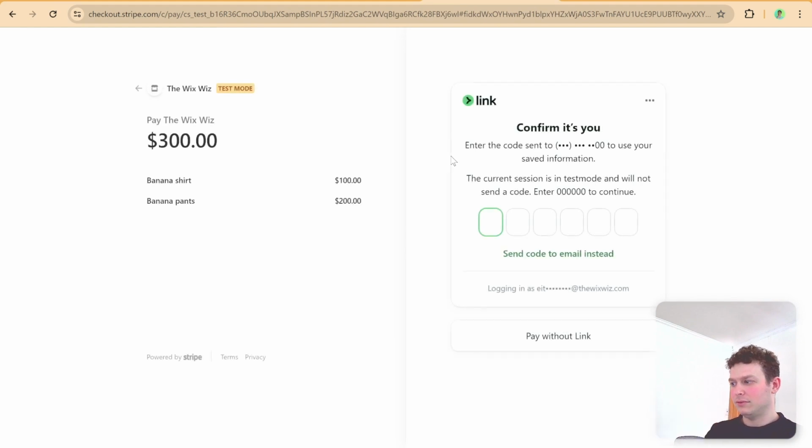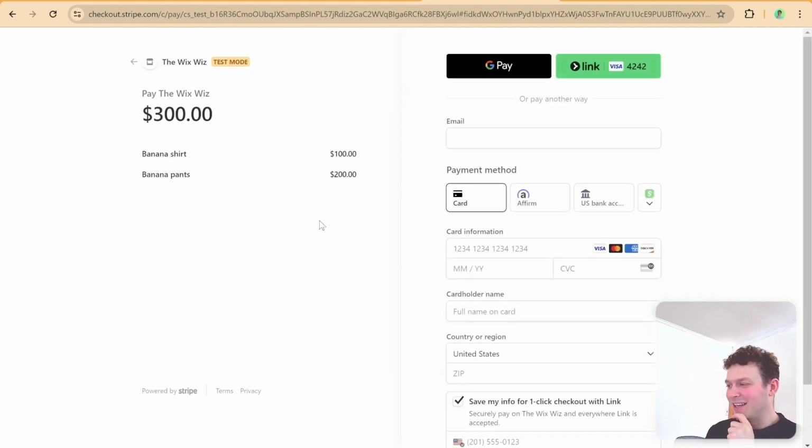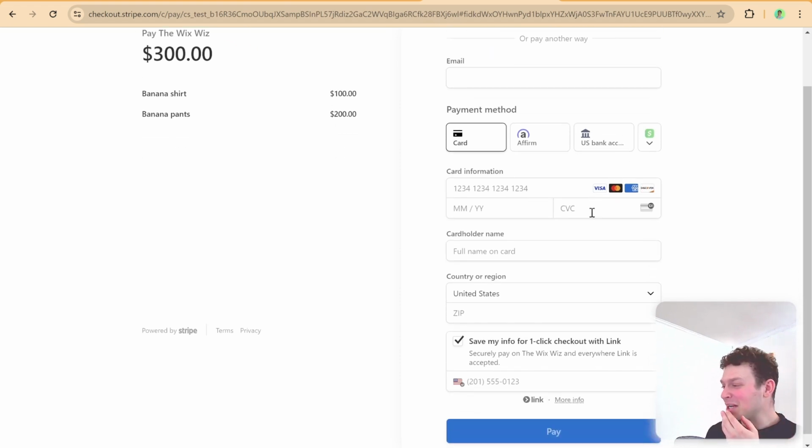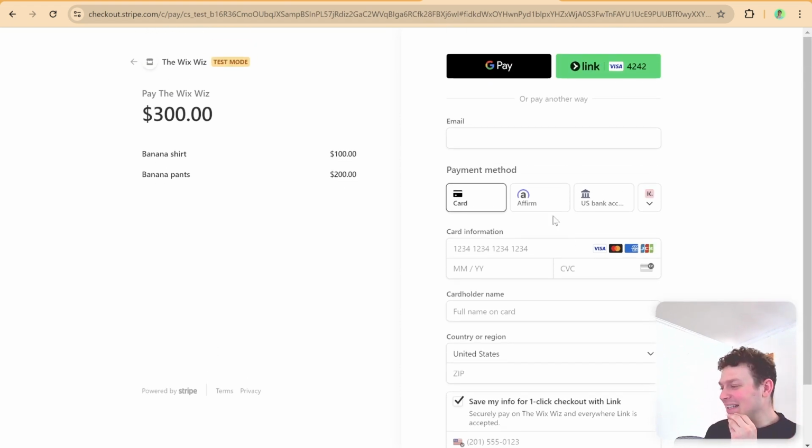and okay, basically what we can see here is the checkout. I'm going to pay without link, let's say. Okay, I've used this account to test Stripe checkouts before. And this is not my actual Visa, so don't even try. Not that you'd be able to do anything with just four numbers, but basically, yeah, here we can see,